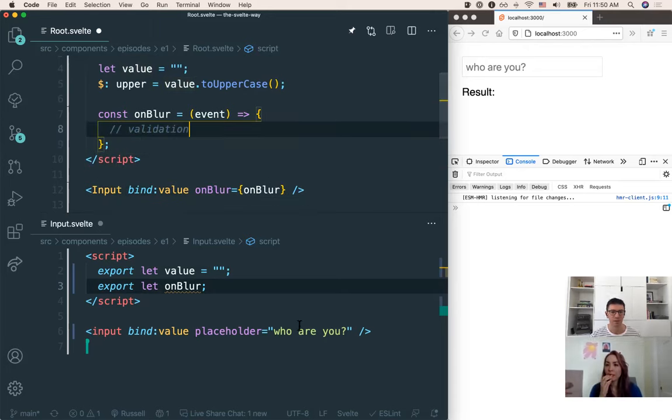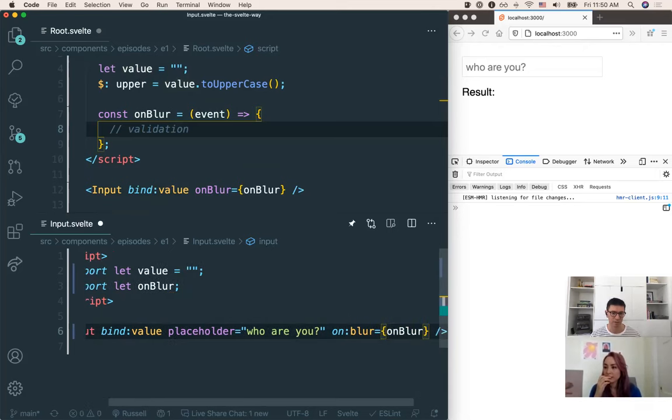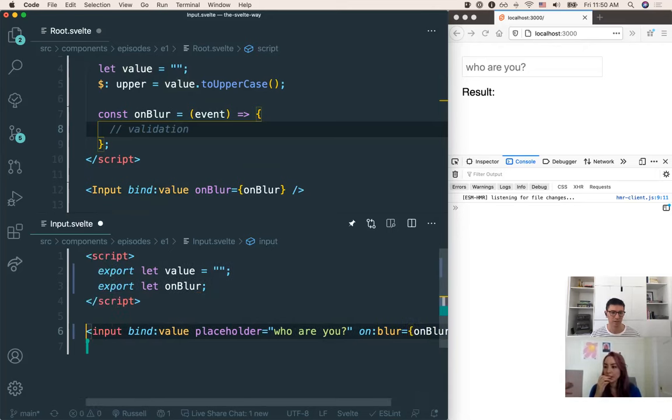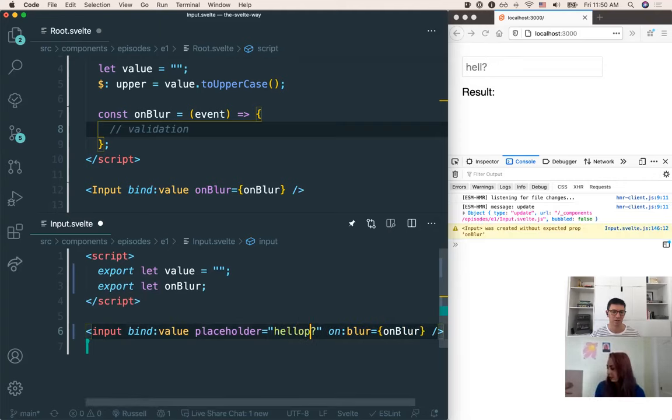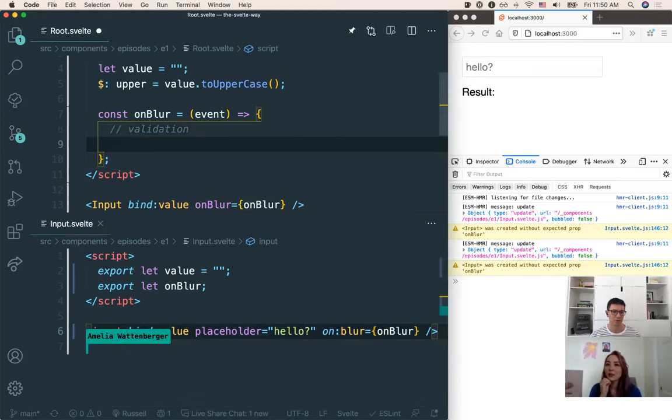Yeah. And to actually trigger that, we can use the on blur input event, and essentially this propagates it up the tree. Yeah, so that's like a native browser on blur event. All right, so then in here, we can just,